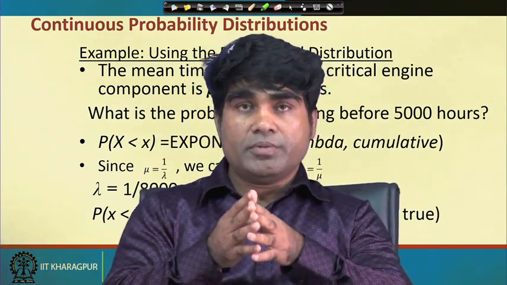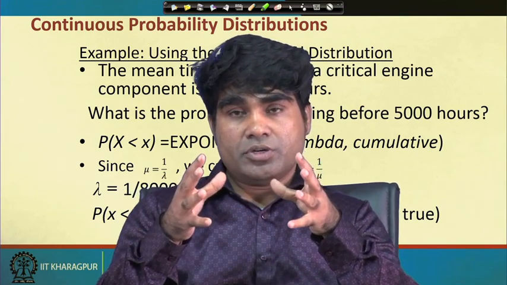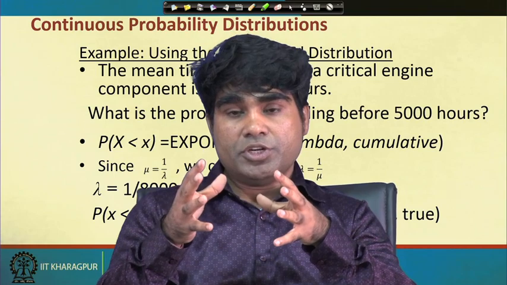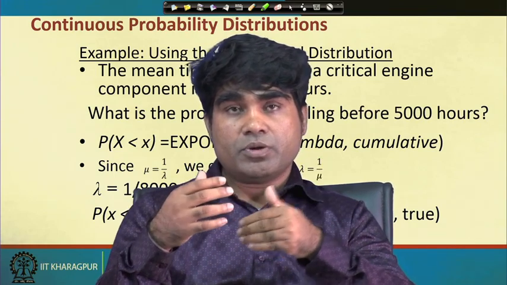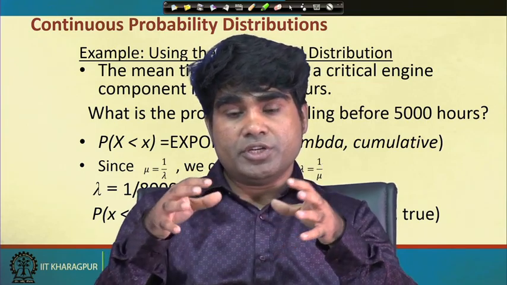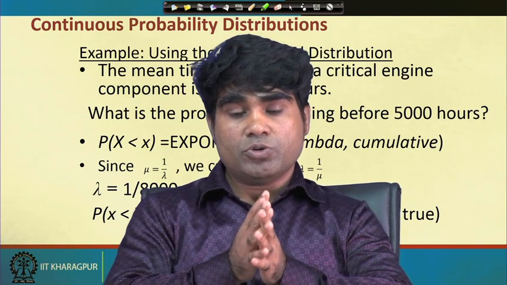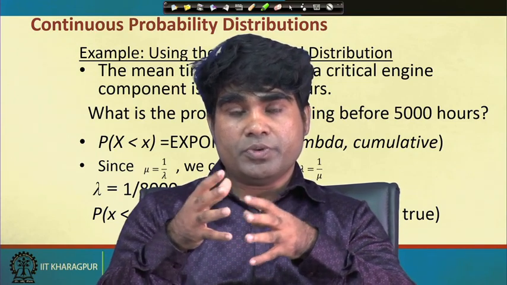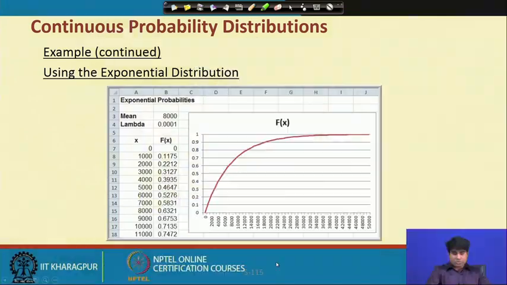So, here the only requirement is that you have to understand the particular probability, and that too probability distribution, corresponding to a particular problem situation and requirement. Use this spreadsheet, and very quickly you can get the output, and once you get the output, that will help you a lot to predict the business requirement. So, this is what we have discussed.